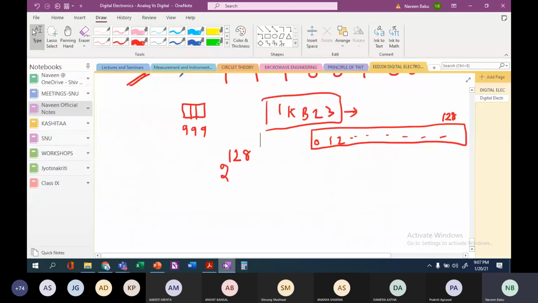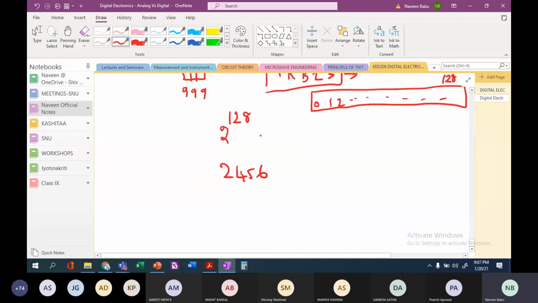Similarly, quickly, can you do an example? How many bits are required to represent the number 2456? Anybody, quickly, can you answer? How many bits are required to represent 2456? I'll do it in parallel. So it is 1, 2, 4, 8, 16, 32, 64, 128, 256, 512,